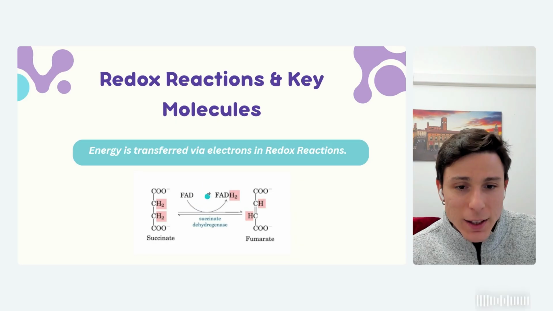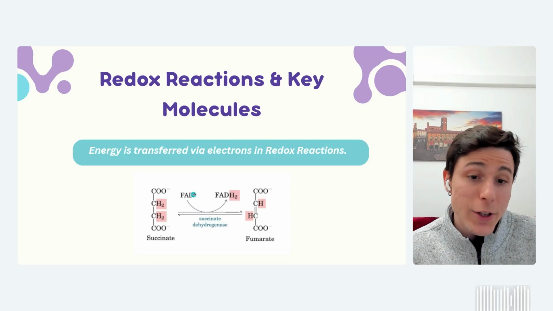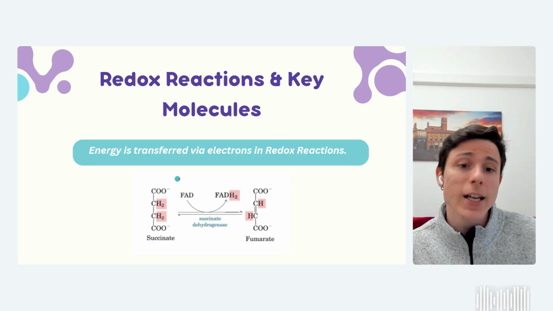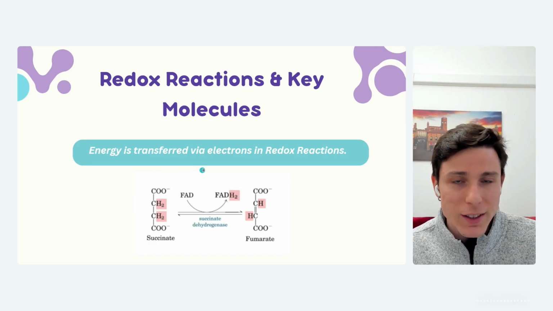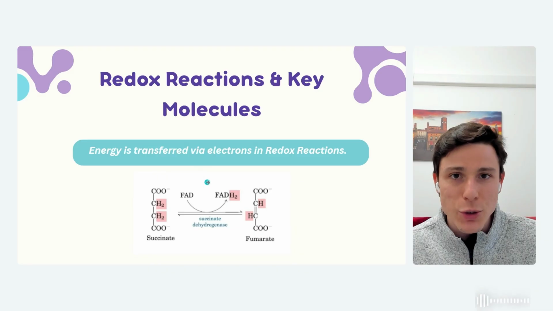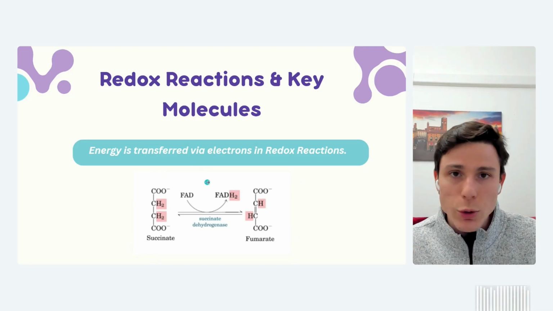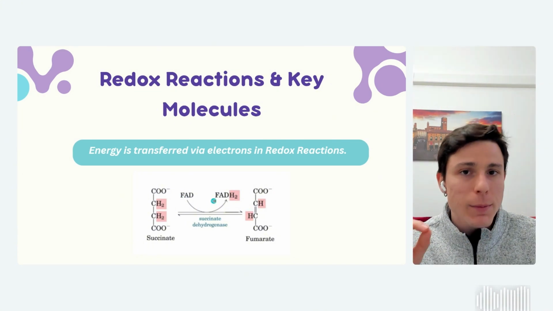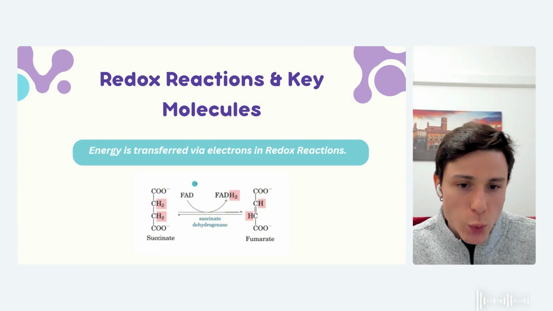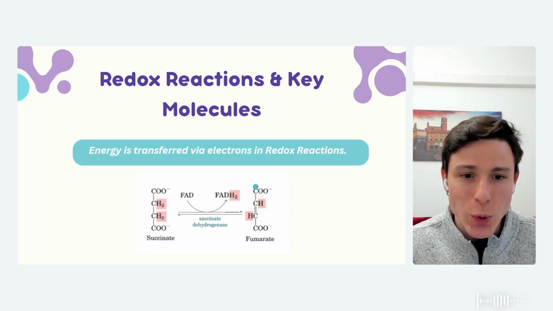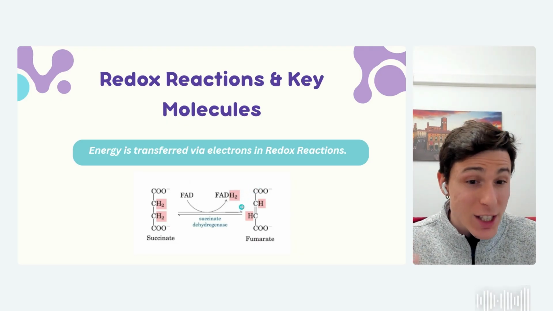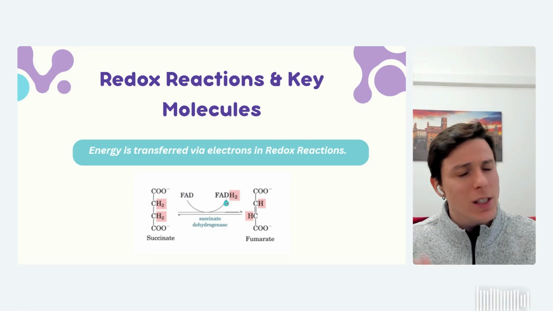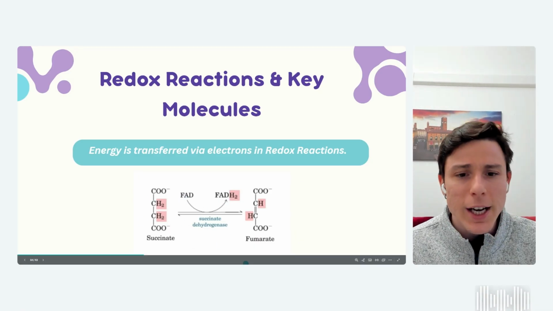We're going to have these little guys that we're going to call FAD, and they're going to be very important because they're going to be transporting these electrons. Right now here we have somebody oxidizing, somebody reducing. Can you identify it? I'm kind of feeling like Dora the Explorer right now. Can you identify who is reducing? But seriously, you don't see it here right now, but it's going to become clear. This little guy here is just ripping out 2H, okay? So it's going to have a hydrogen that is carrying electrons, not only the hydrogen. So if he's carrying electrons, he is reduced, and the other intermediate here is oxidized.